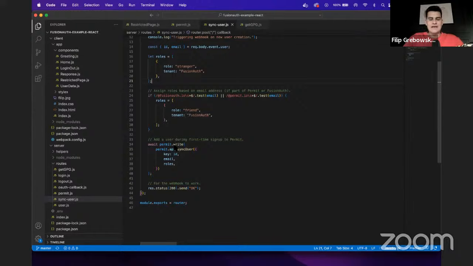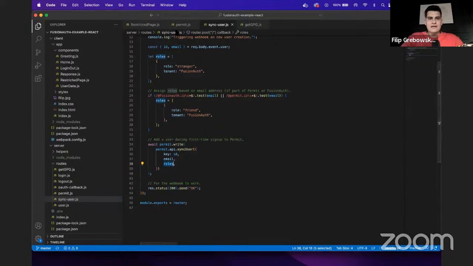And then we use the Permit SDK, where we call the sync user function, where we pass in our ID that identifies our user specifically. In this case, I passed in an email, and I also passed in the role depending on the user that we have. So that's how the whole syncing of the user works. And this is the important aspect, to always have the same user be represented on both FusionAuth and also Permit.